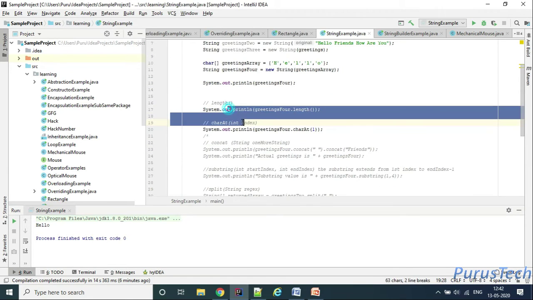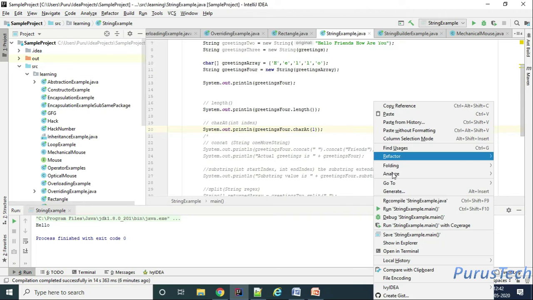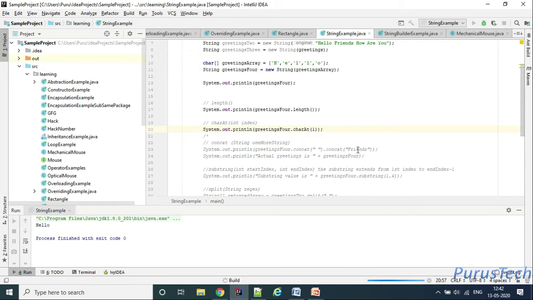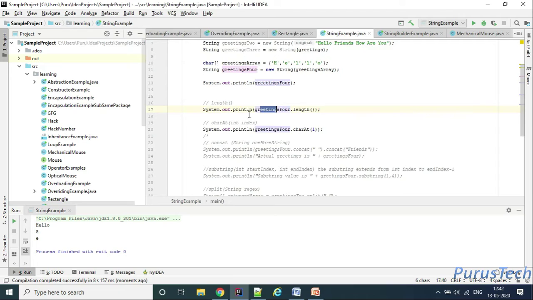Now let's run this and see what the output is. See here, the length is giving us 5 and charAt is giving us E. So I can just write here, character at index 1 is, and then plus.